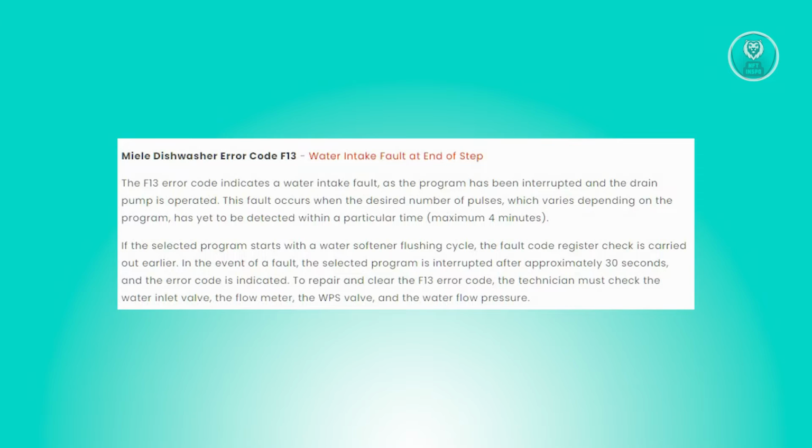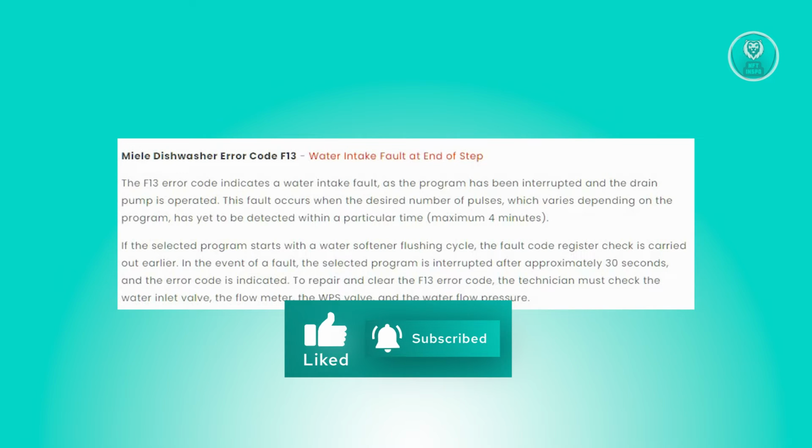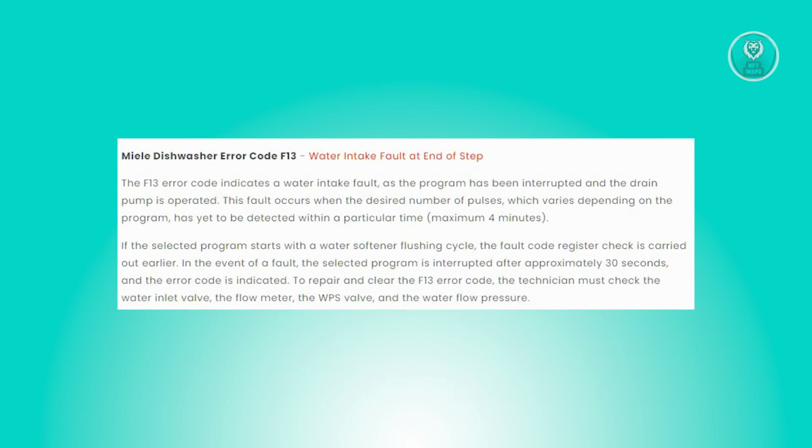Now, in scenarios where the chosen program initiates with a water softener flushing cycle, the fault code check is conducted earlier in the process. If a fault is detected, the program is halted approximately 30 seconds after initiation and the error code is displayed. To solve this issue and clear the F13 error code, a technician is needed to perform a